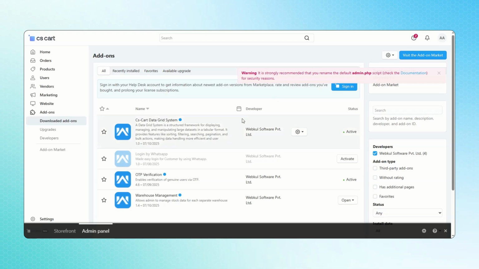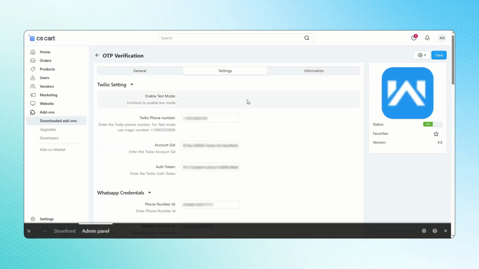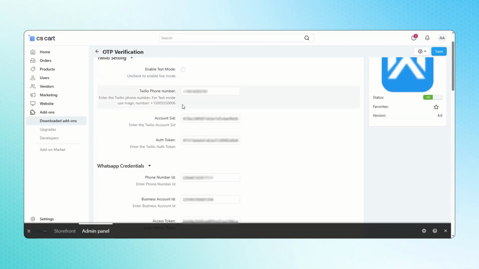Now let's move on to the configuration. There are two modes available, Live Mode and Test Mode. In this case, we are using Live Mode, so I'm not selecting the Test Mode option. First, we need to provide all the necessary information related to the phone numbers that have been registered to your